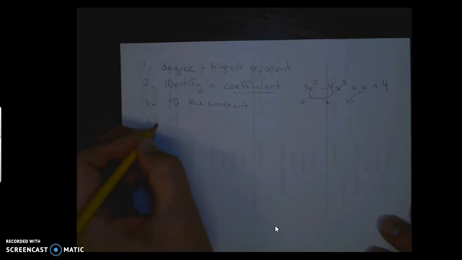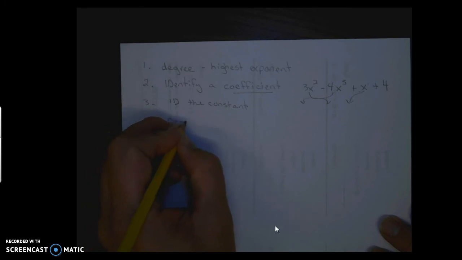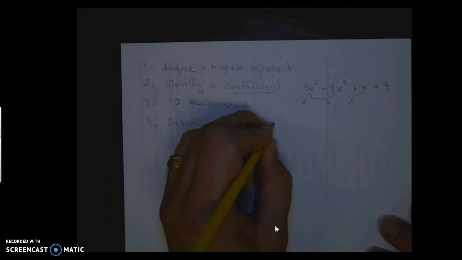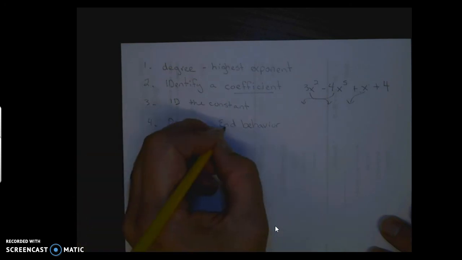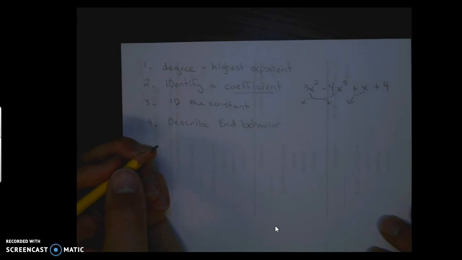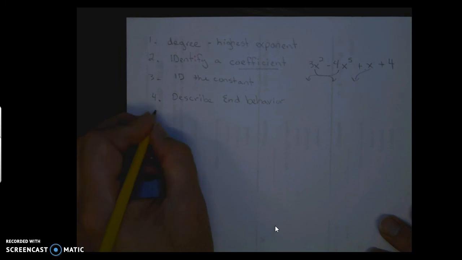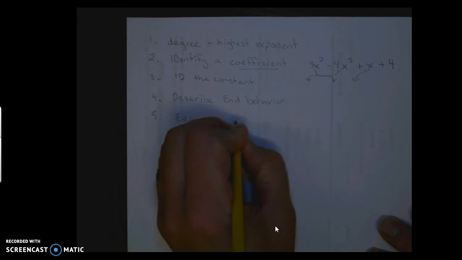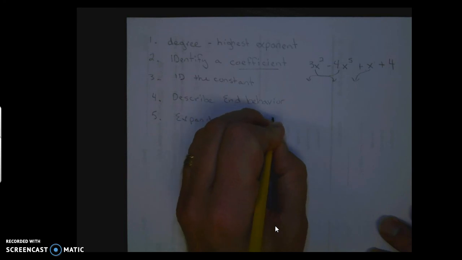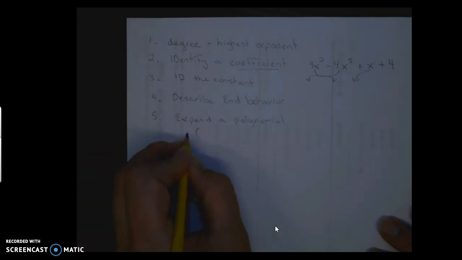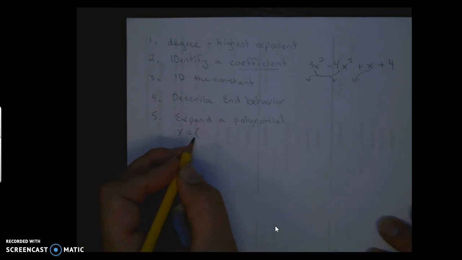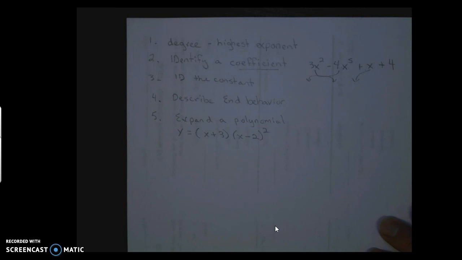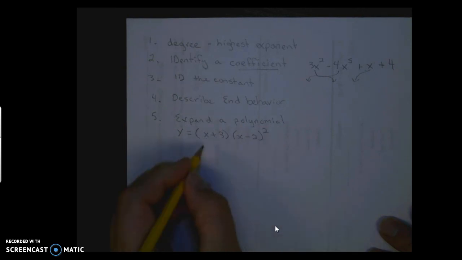Number 4, you'll need to know how to describe end behavior. That's what this video was about that we just went over a few minutes ago. Number 5, you'll need to know how to expand a polynomial. So if you were given a polynomial in factored form, let's say x plus 3 times x minus 2 squared, for example, you would need to know how to multiply these out. So first thing you would want to do